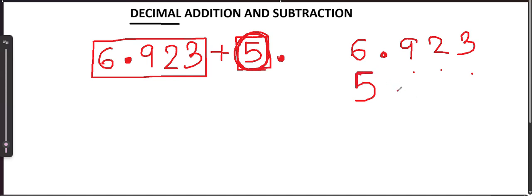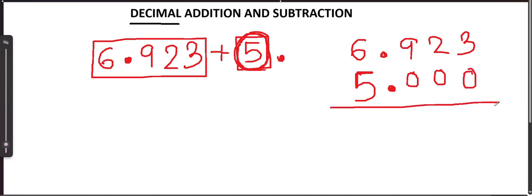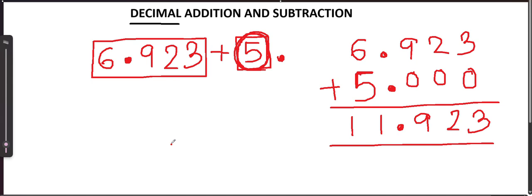So I put a 5 over here, I put the decimal here, and I fill up the rest of the places with 0. Now I'm going to add this number. So that's a 3, a 2, a 9, a decimal place, and 11. Okay, so that is our final answer,